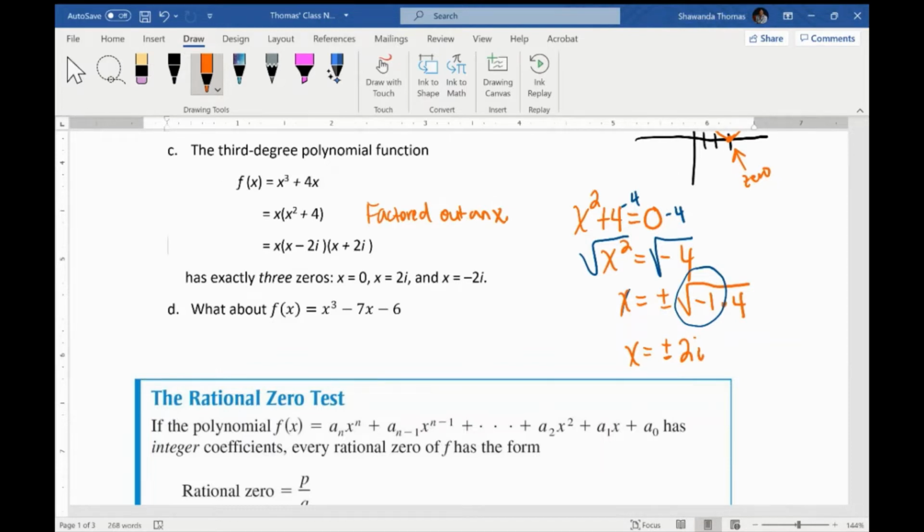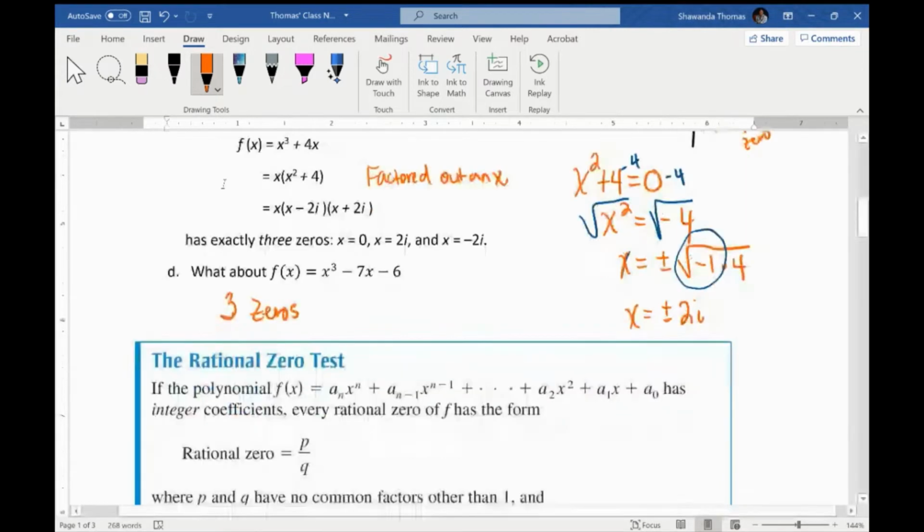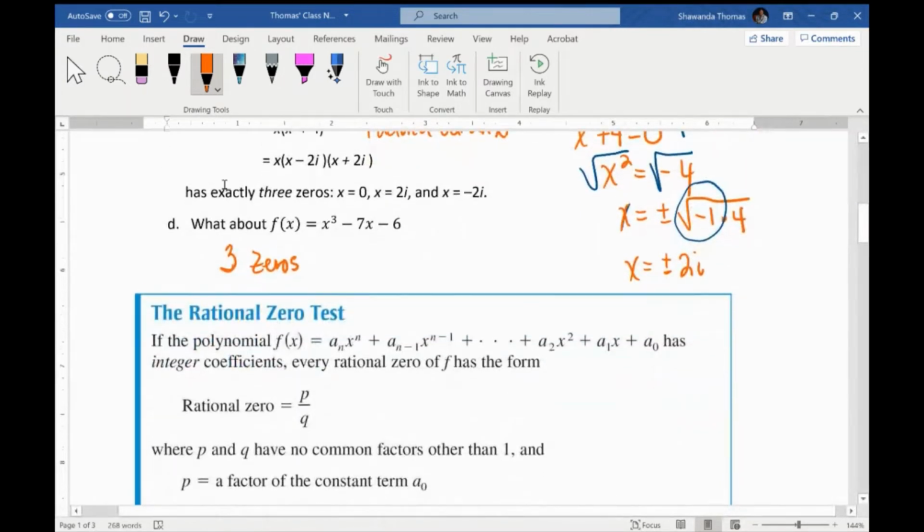If you had to guess, how many zeros do you think it would have? Three zeros. All right, 3 zeros. How do you know that, Nakir? Just in case someone missed it. Because the degree is to the third power. All right. So normally,